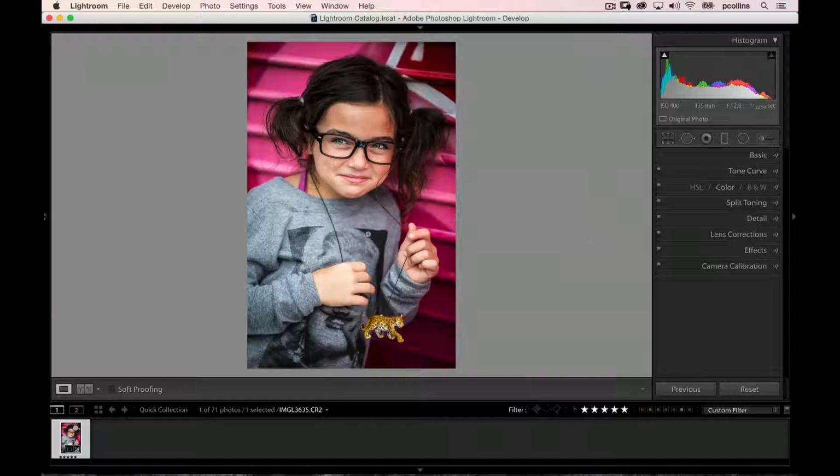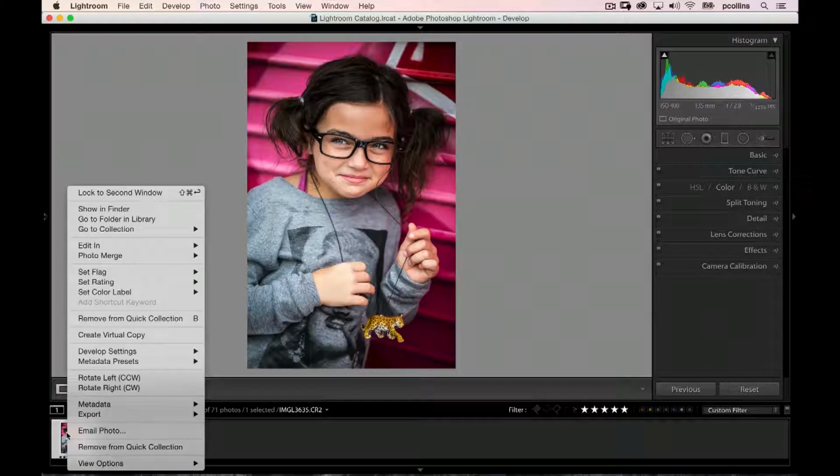Now, along with snapshots and history that we've talked about, there's another thing you can do in Lightroom that might seem a little counterintuitive if you're used to working in Photoshop, and it's called creating virtual copies. Whenever you make a copy in Photoshop, let's say you have a 5 megabyte file, you're doubling the file size. So if you have a lot of layers, you've doubled and doubled and doubled, and the file size can get really big. Well, in Lightroom, you can right click